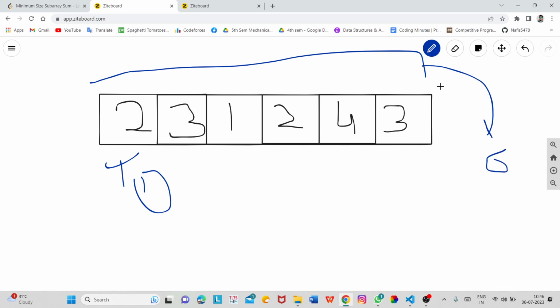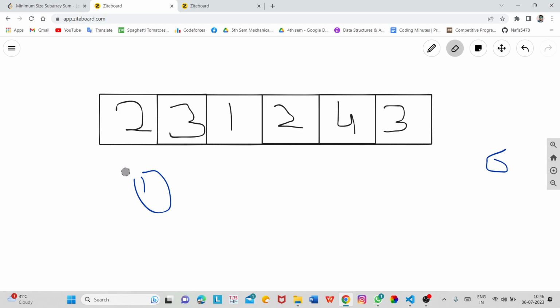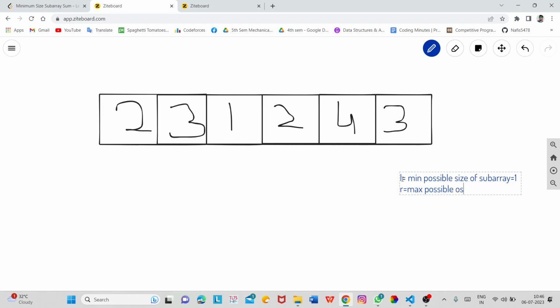So we have two indices, L is equal to 1 and R is equal to 6. L is the minimum possible size of the subarray, which is nothing but 1, and R is the maximum possible size of the subarray, which is nothing but nums.size.